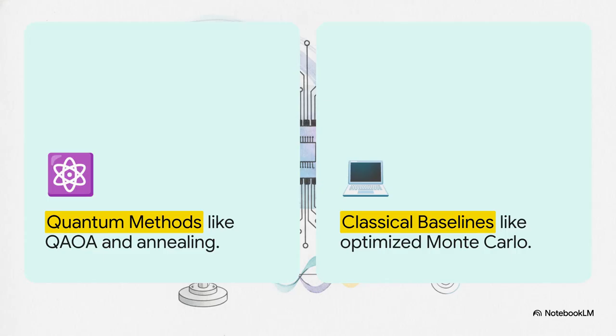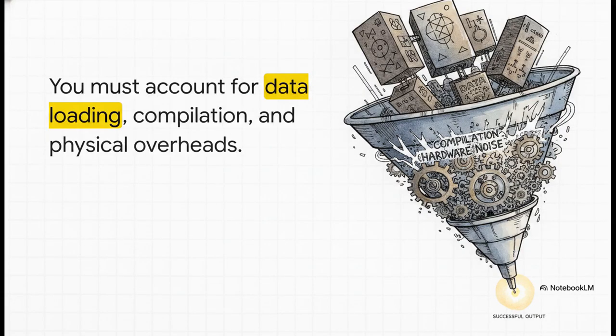But we've got to have a reality check here. Based on the sources, a broad production-ready advantage in optimization is totally unresolved right now. Quantum methods like QAOA and annealing have to go head-to-head with incredibly mature classical baselines. Advanced classical heuristics and optimized Monte Carlo methods are already lightning-fast and extremely cheap to run. So the absolutely crucial takeaway here is that a successful optimization run on quantum hardware only proves that a small problem instance can be mathematically encoded. That's it. It doesn't automatically prove it can overcome heavy physical overheads to actually beat classical solvers. To seriously evaluate these claims, you have to fully account for the costs of data loading, your measurement budgets, routing